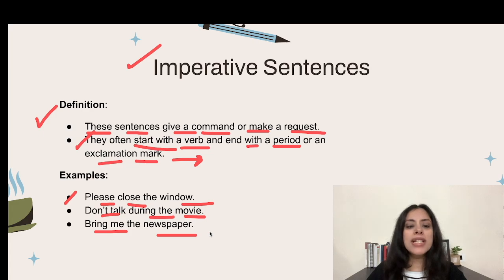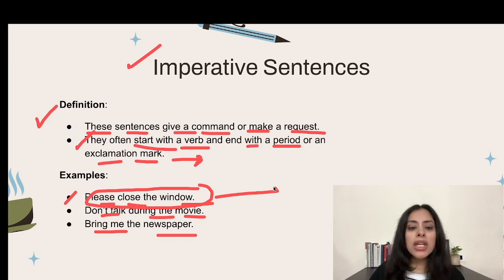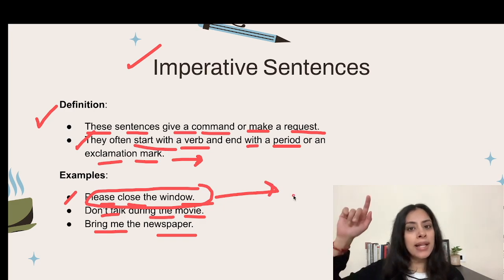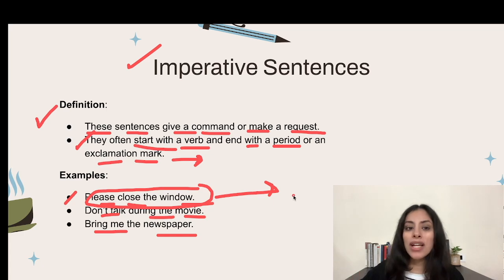But most of the times it ends with a full stop. Now, when will it end with an exclamation mark? When someone emphasizes a particular command. Now, instead of "please close the window," if the sentence was "close the window right now!" with an exclamation mark, that shows emphasis that this command is urgent and needs to be done